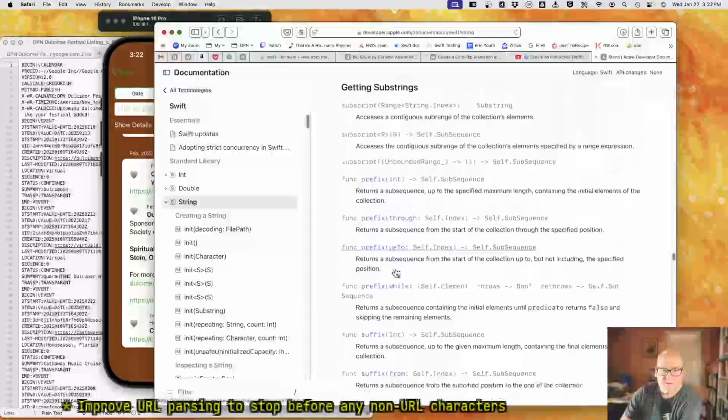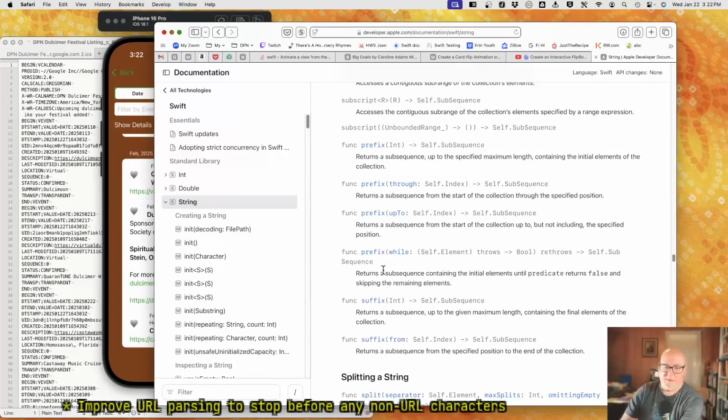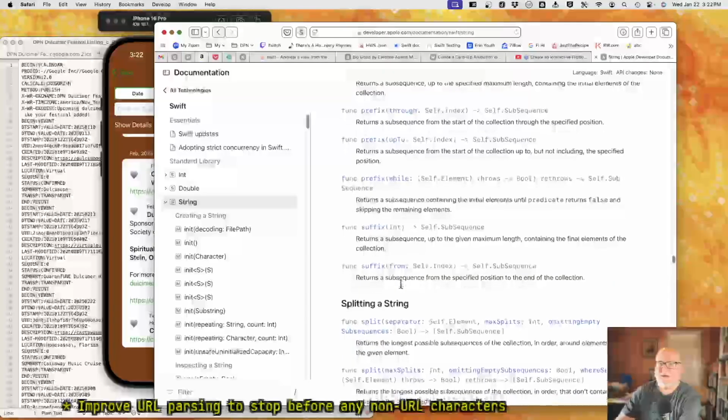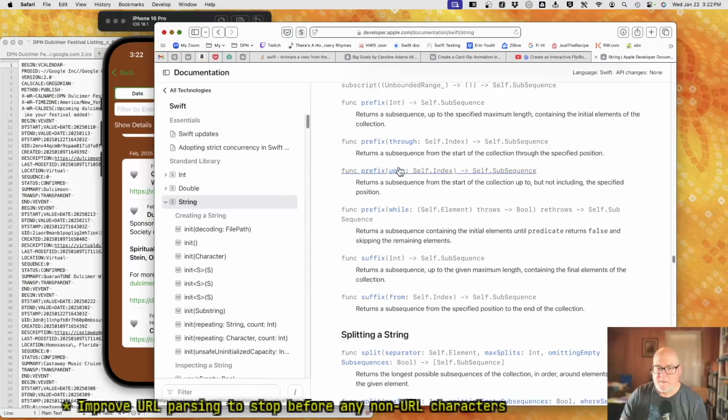That was prefix while. Yeah, so I think we've got the start of it is fine. Prefix while does that. Yeah, that's probably what I was thinking of for keep while. Okay,